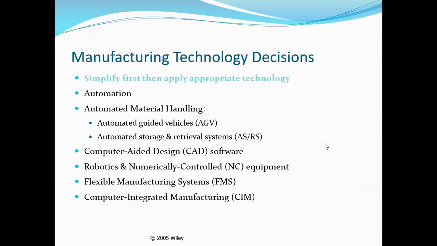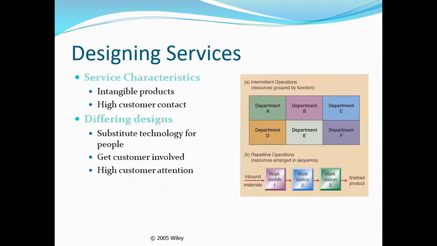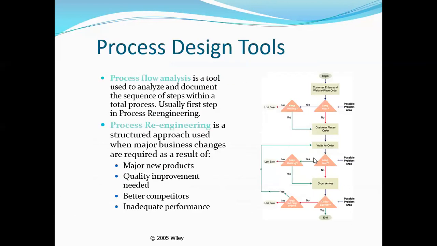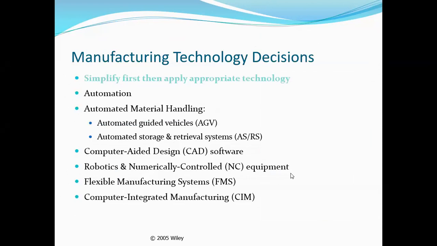And then the manufacturing technology decision, automation is one thing. Do we want to invest in automation? Will they work? And then the computer aided design software, when we use CAD, we can draw something like this and then see if we can re-engineer the process. And then the robotic and numerically controlled equipment,